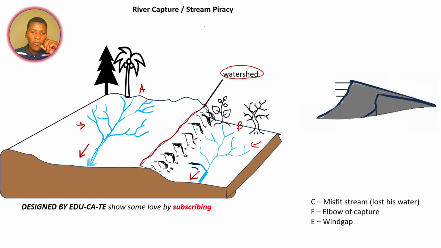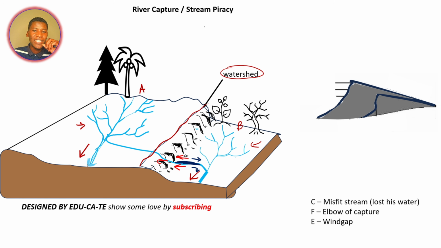It is actually moving towards here to join with the river B, but it will start eroding backwards, or that would be headward erosion. So it will erode and continue expanding, but it will be moving backwards. Remember, backwards erosion is opposite to where the river is flowing. The river is actually flowing in this direction, but the erosion that will take place will be in the opposite direction. So it will continue eroding, and it will erode even through this higher ground, which is the watershed.